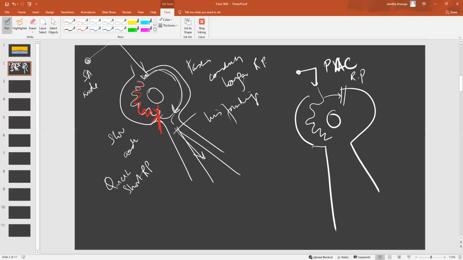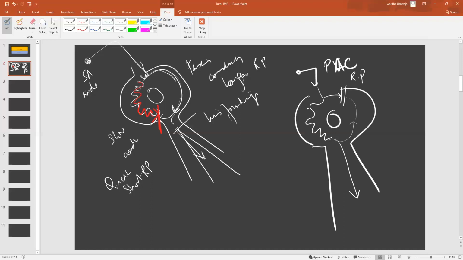So the impulse is just going to travel down the slow fiber, find its way down into the His-Purkinje system through this channel now. At the same time, it's also going to try to come back this way. Now, the time taken for the impulse to travel down the slow fiber is long enough for the fast pathway to have recovered and opened up. So this block basically just disappears by the time the slow conduction happens and travels back up.